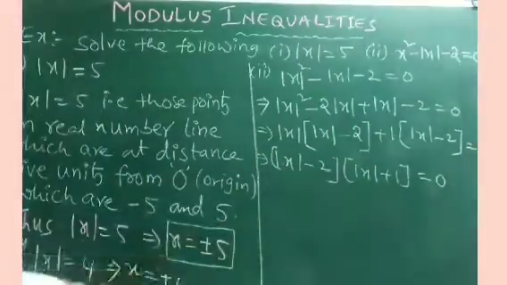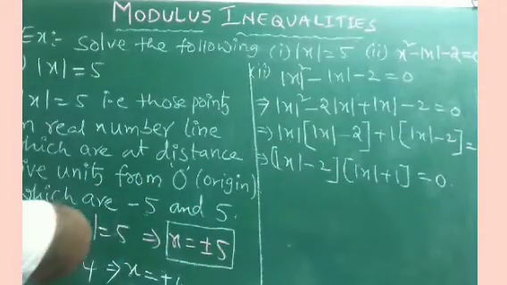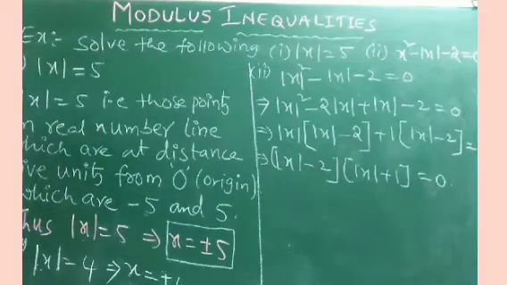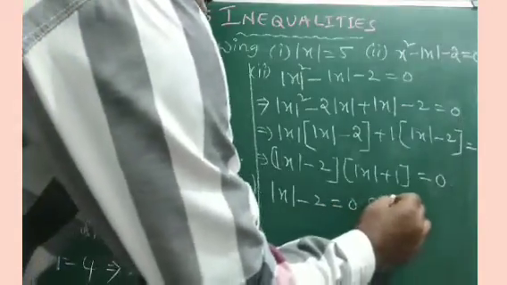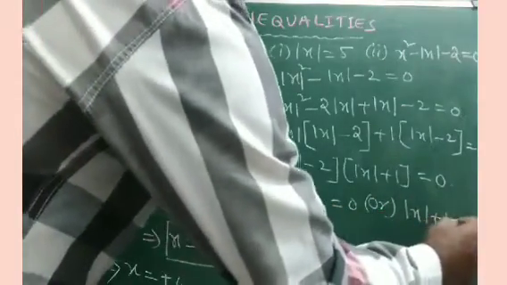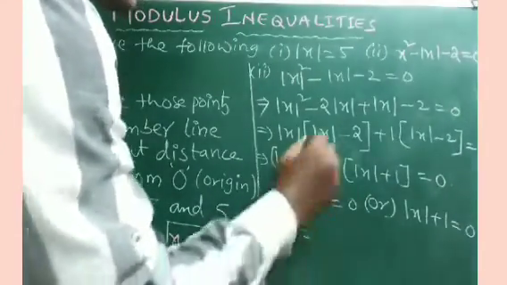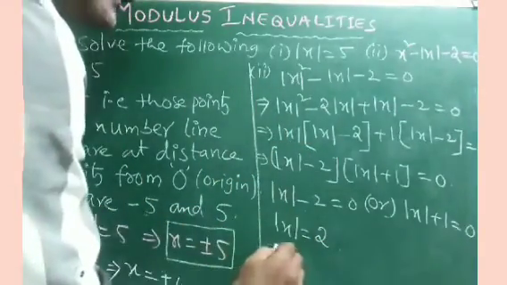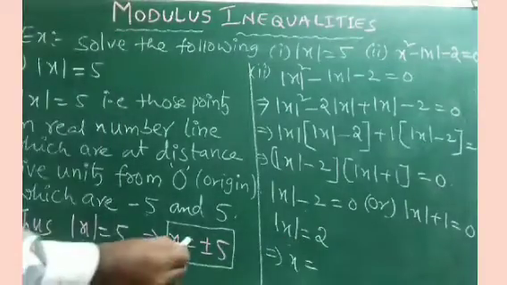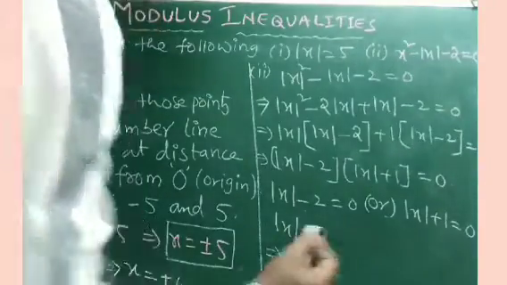So according to the concept of quadratic equation, when the product of two linear factors is 0, then any one of the linear factors can be 0. Either modulus of x minus 2 is equal to 0 or otherwise modulus of x plus 1 is equal to 0. Now from this, modulus of x is equal to, on sending this minus 2 across, mod of x is equal to 2. And can you tell me, therefore, what is x? That implies x is equal to, according to this concept, when you remove the modulus, we need to write plus or minus 2.